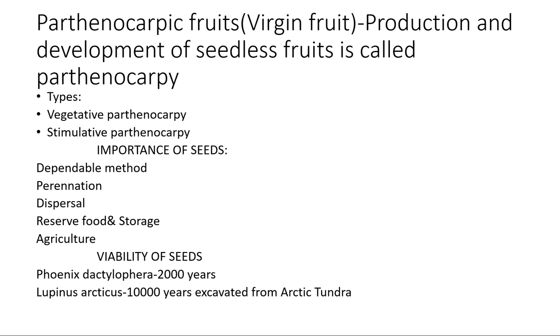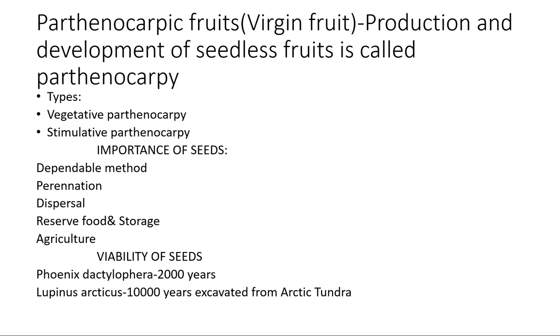First, seeds are irritating during eating of fruit. Second is processing of fruit by food industry requires the removal of seeds, which is quite difficult. And third is there is an increasing tendency to grow fruit bearing plants inside greenhouses, so reliable insect pollinators cannot be ensured in each and every case. Now parthenocarpic fruits are of two types, vegetative parthenocarpy and stimulative parthenocarpy.